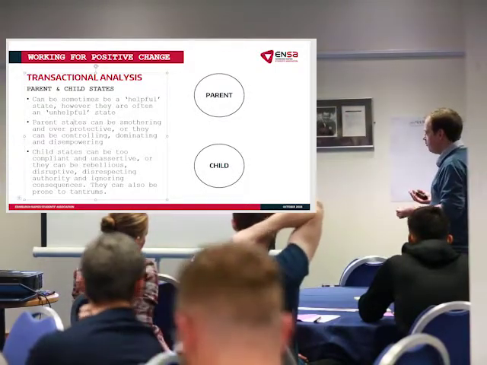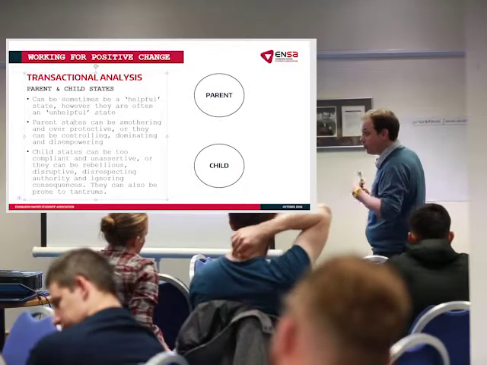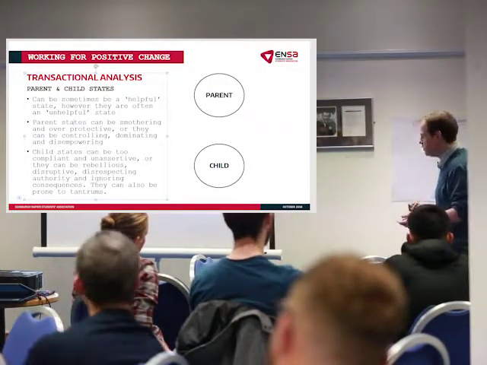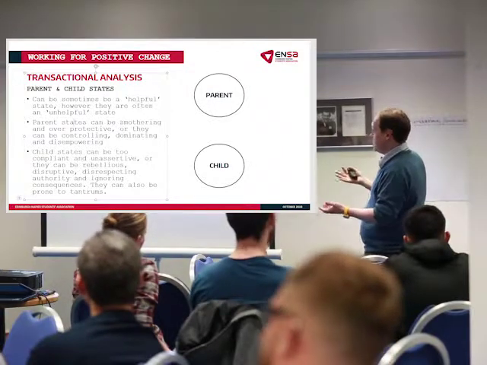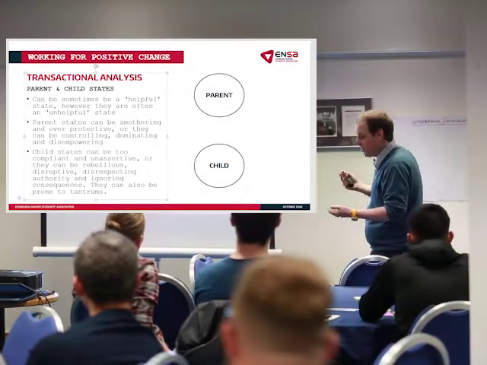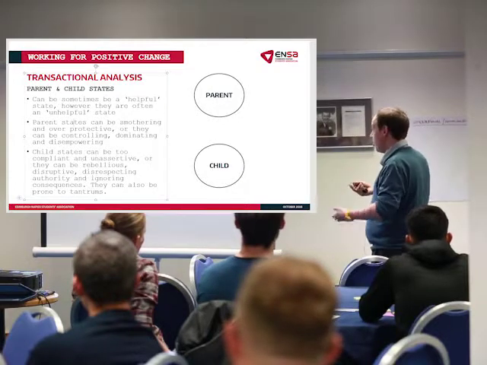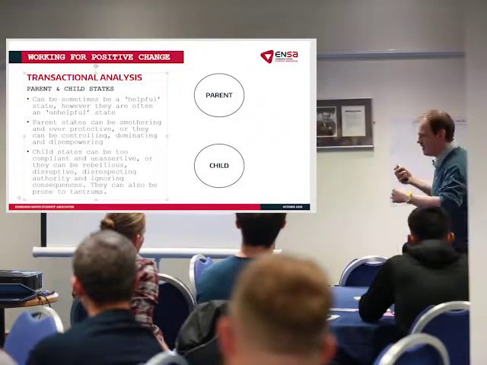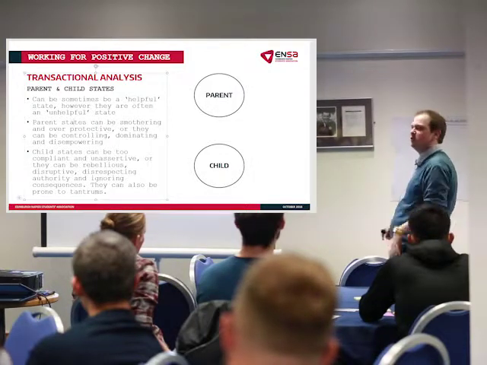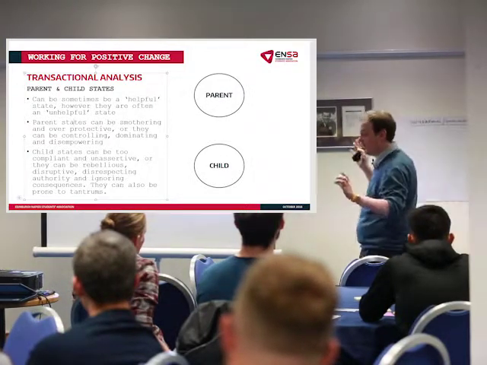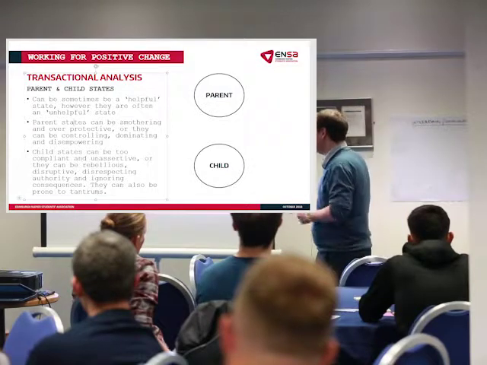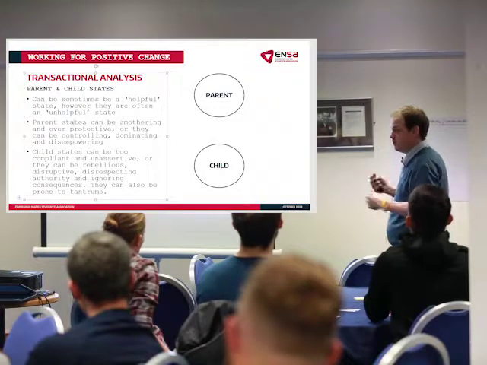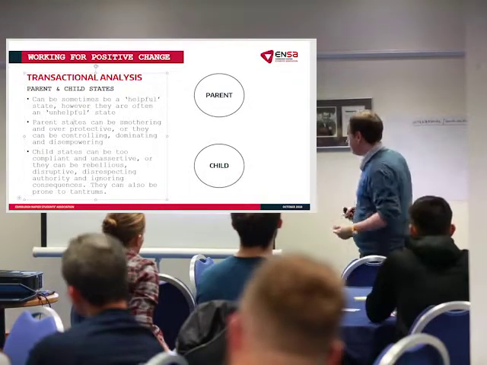Child states are kind of just falling back into the way that you acted as a child and you received positive attention. And so you can either become really compliant and unassertive, yes, I'll just do that, and your head goes down, or you become really rebellious and disruptive, and you know people like that, they just walk into something and they think, I can't be bothered with this, I'm going to be the joker in the room and I'm going to try and throw everything off. And also people who are in a kind of child state are really prone to tantrums. They just throw a tantrum for no reason.